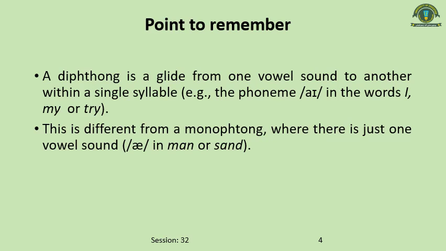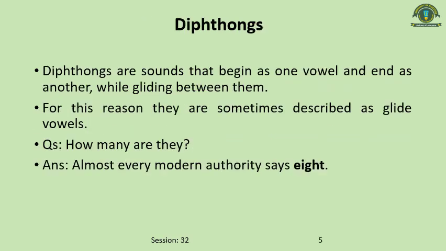This is what I've already talked about, such as in man or san, man, san. And the sound is a. What is the sound? A. So you can see within the slashes there is one sign or symbol. Even two signs are not there. So that's why you can see that in I, they glide from one vowel sound to another. Is it clear?